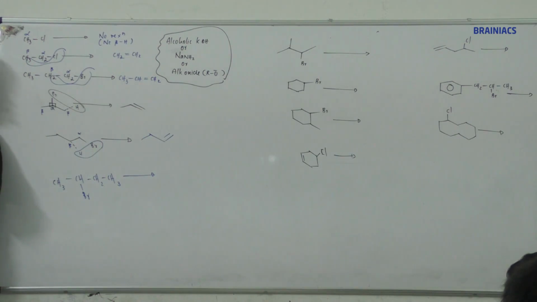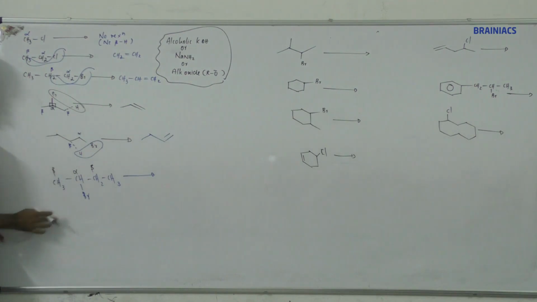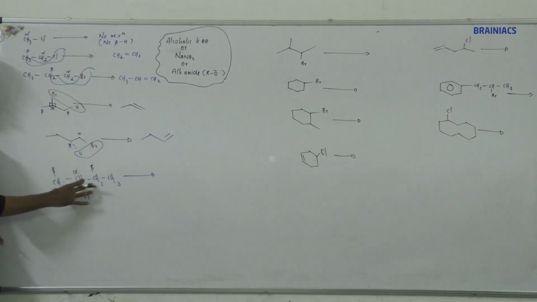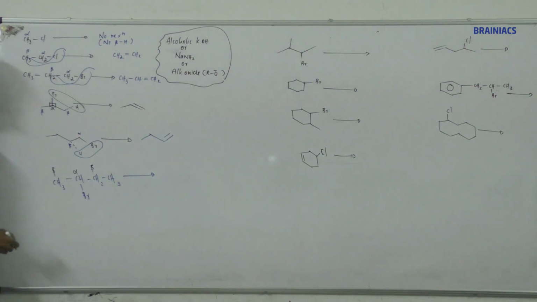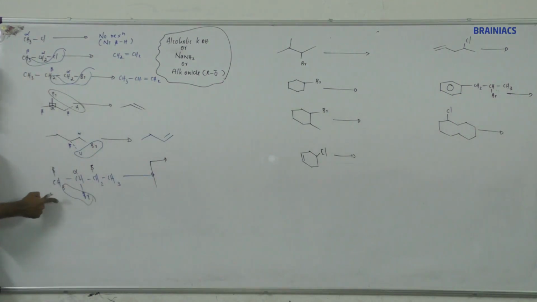Ready? So from the next molecule onwards, we have two different possibilities. So we have to predict which one is major, which one is minor. Listen. This is alpha, beta, beta. These two betas are entirely different with respect to this alpha, right? So exactly we have one possibility. What are they? From the terminal beta hydrogen,